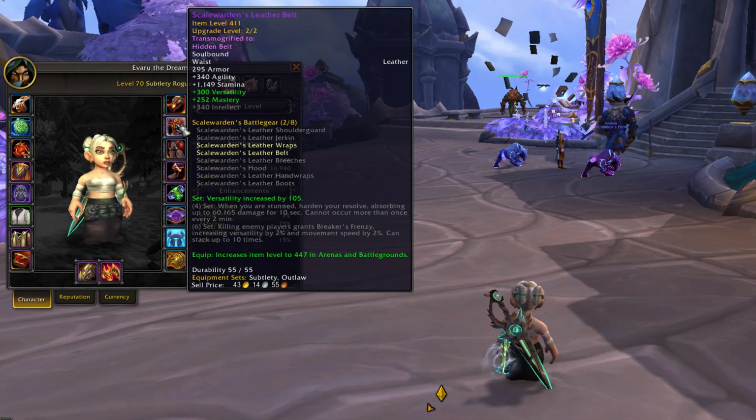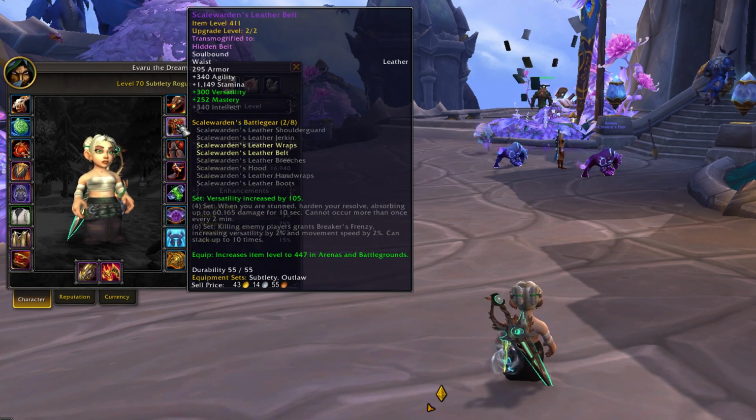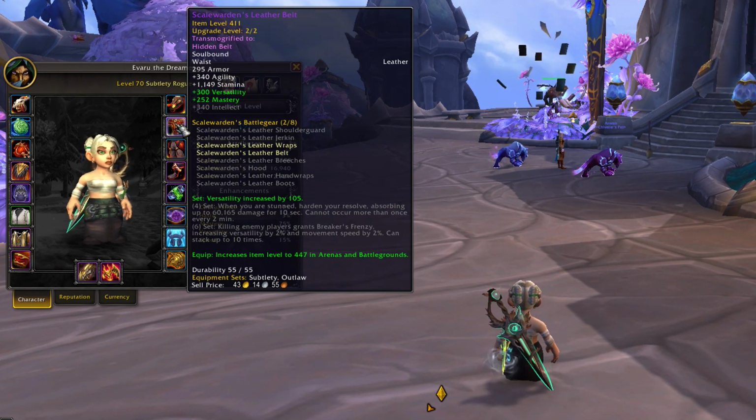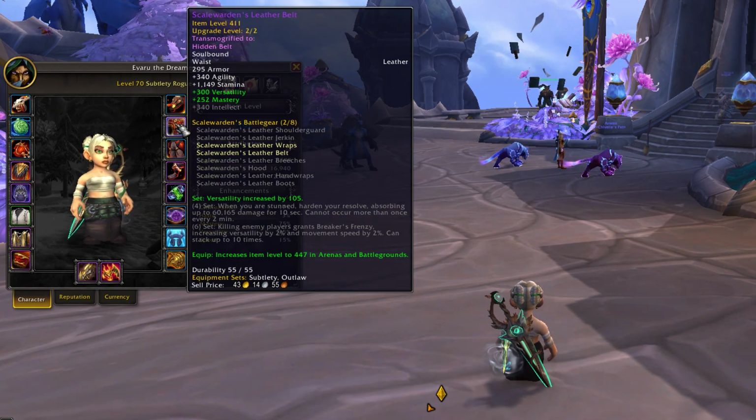It's in the same tier as boots and gloves, and this thing only costs 5 sparks to upgrade. So the first thing you want to get with your sparks is this belt. And then the following week, when you get your second set of sparks, you'll have enough that you can upgrade